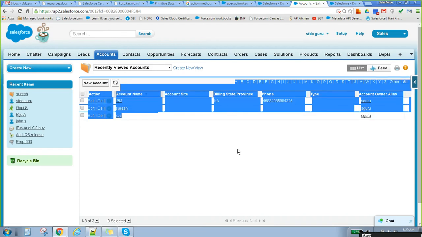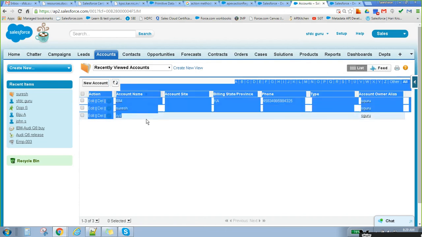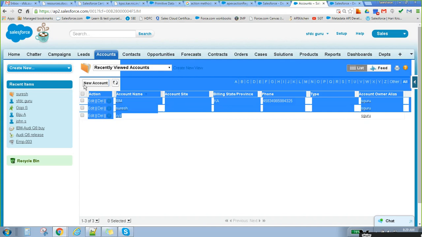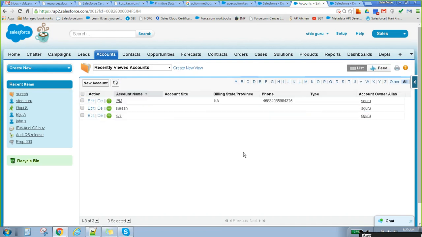The request is coming from only this region, so we only have to perform actions for this particular region. It is not doing any action for the entire page. So performance is good, and page loading is also very quick. In that scenario, basically we have to go for action region.